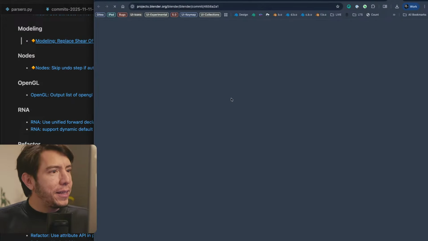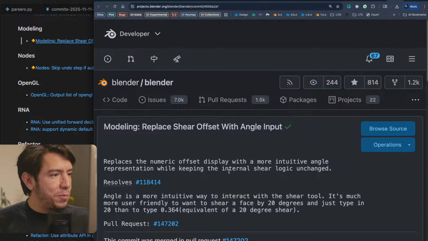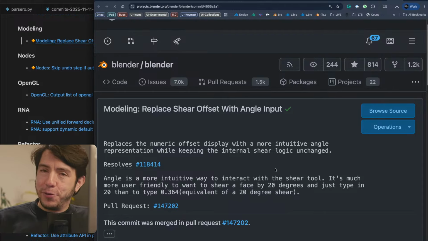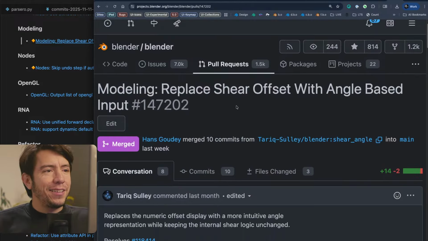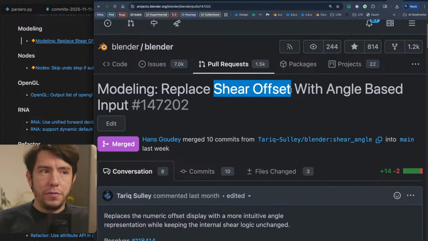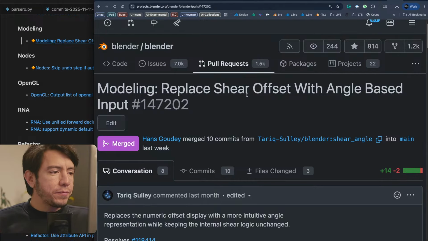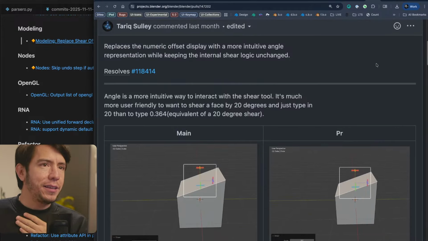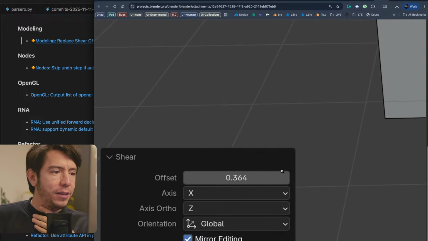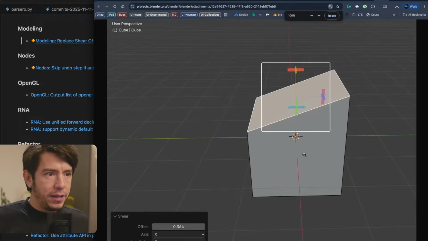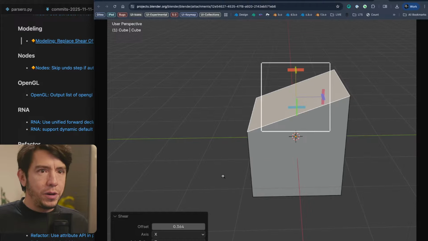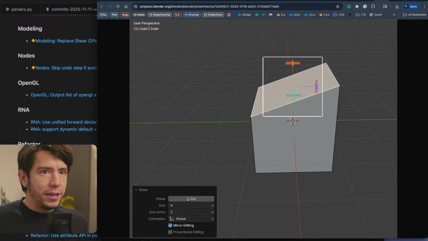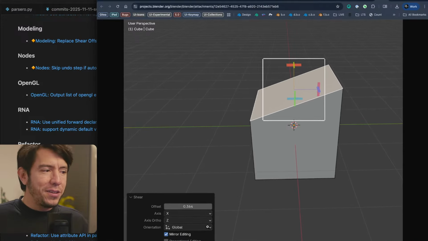And in modeling, there is a very small change, but it's a quality of life improvement, because it's regarding the shear tool, that by default had a setting called offset. So the shear tool would have this setting down here that's called offset, which is a bit not intuitive, right?